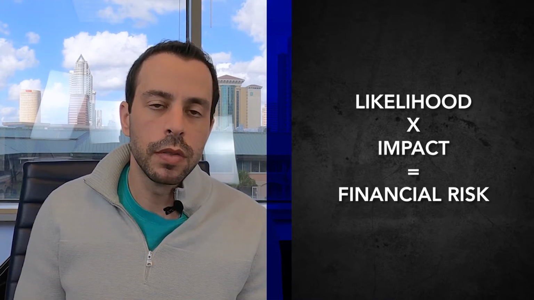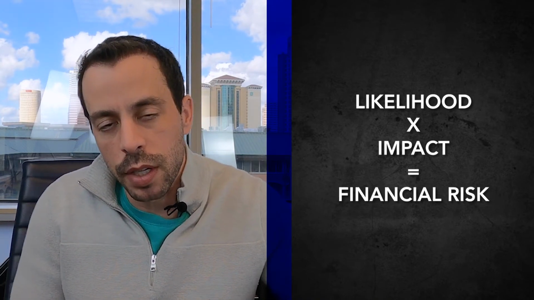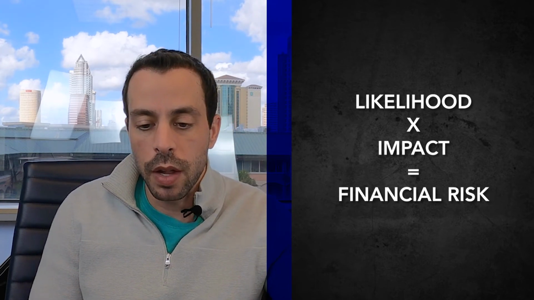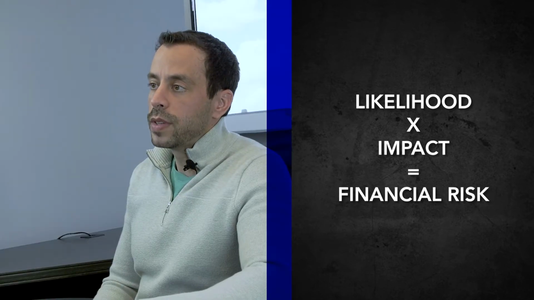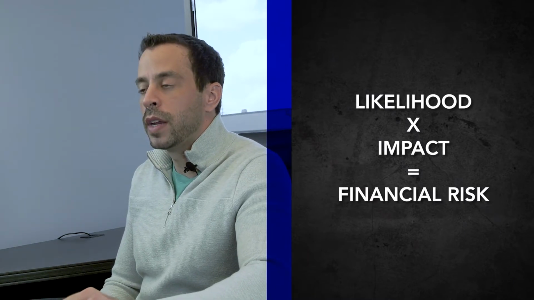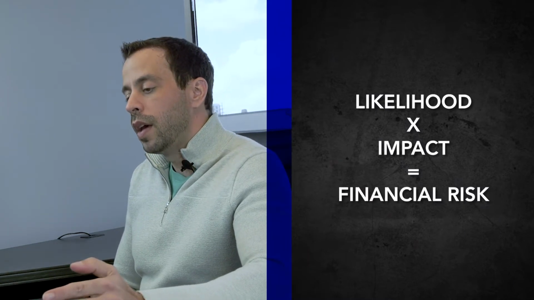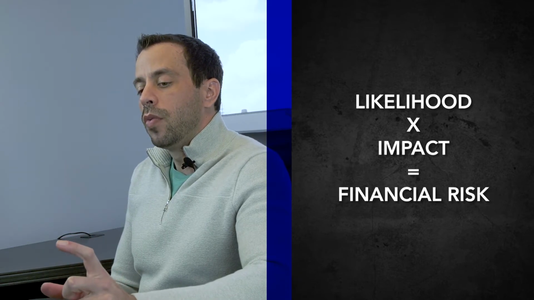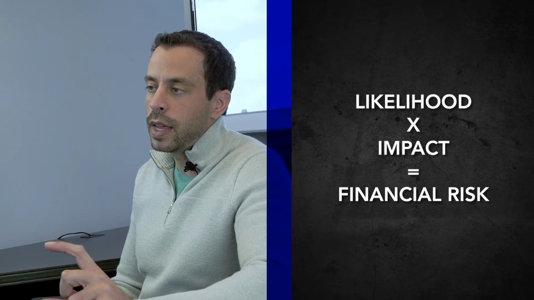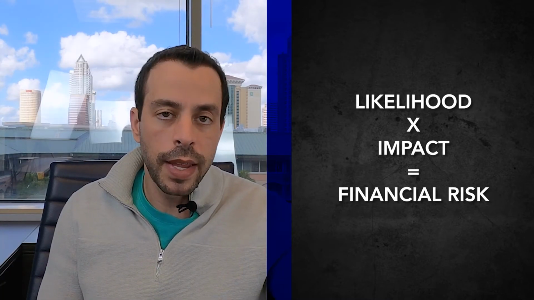So what is the overall risk? Over the next 12 months, if we determine that there's a 35% chance of an attack occurring, and that attack is going to cost $282,000, we're saying for one office to get locked down is $98,700 in financial risk over the next 12 months. Now that is your baseline. You have to prevent this $98,000 attack from occurring in your organization.